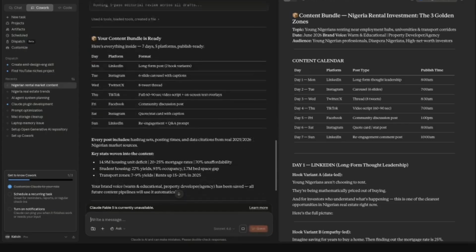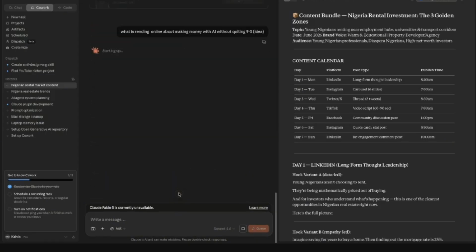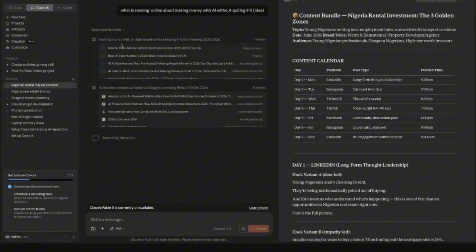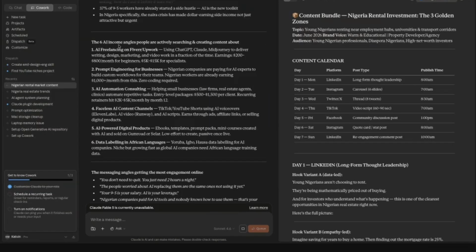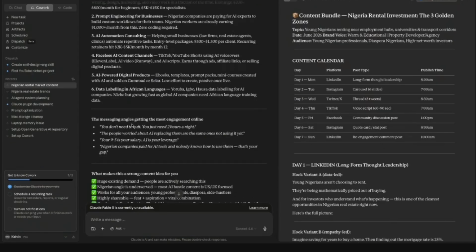So we are looking for ideas. We are going to launch our agent, and our agent is going to do the work. It's going to search the web, giving us 6 AI income angles people are actively searching and creating content about: AI freelance on Fiverr, prompt engineering for business, AI automation consulting, faceless AI content channel. And the messaging angle getting the most engagement online: